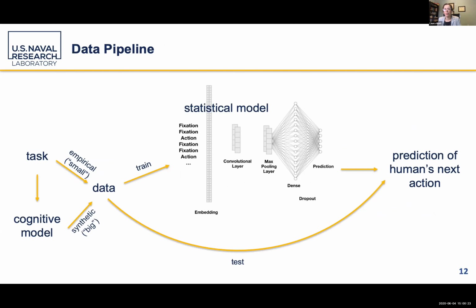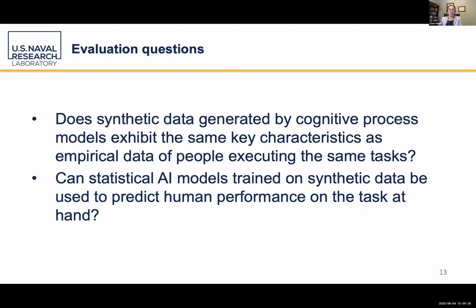There are two questions that we want to answer when we think about how good this methodology is. The first one is, does the synthetic data generated by the cognitive process models exhibit the same key characteristics, by that I mean variance and distribution, et cetera, as the empirical data of people executing the same tasks? And the second is, can statistical AI models trained on synthetic data be used to predict human performance on the task at hand? So do we have the right data,